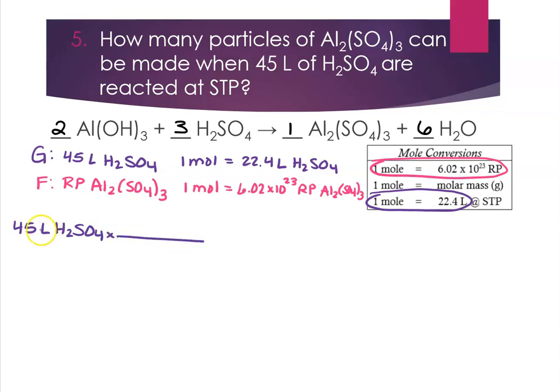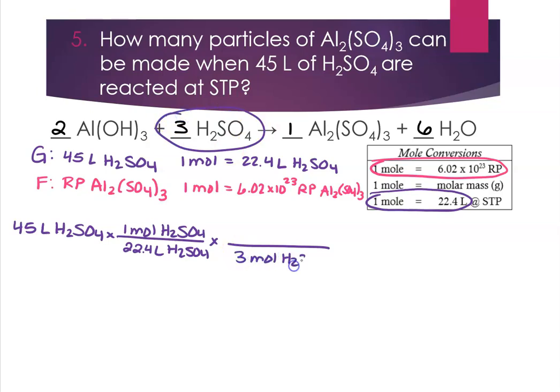All right, so if we set up our problem, we start with what we're given, 45 liters of H2SO4. So since I'm starting with liters, liters will need to go in the denominator. So 22.4 liters of H2SO4 is equal to 1 mole H2SO4. All right, now that I'm in moles of H2SO4, I can convert into moles of Al2(SO4)3. So I'll need to look at my equation. So I have 3 moles of H2SO4. So H2SO4 goes on the bottom so that these can cancel. And then I want to get it into Al2(SO4)3. So I have 1 of those. So I'll do 1 mole